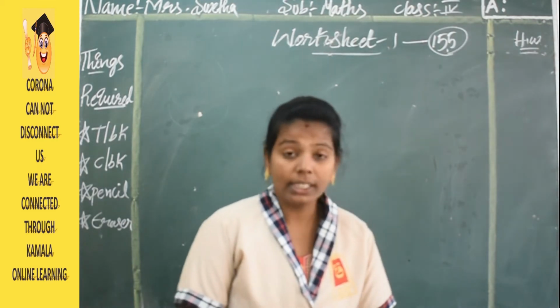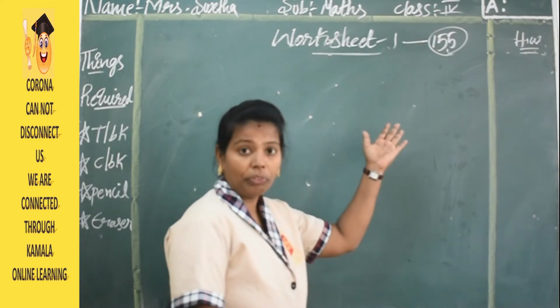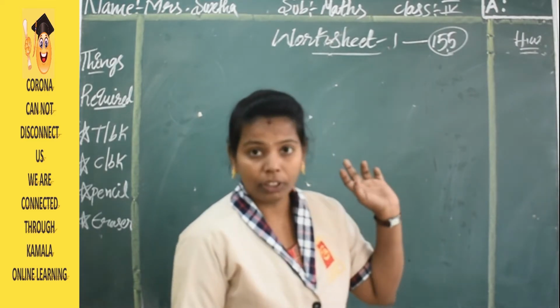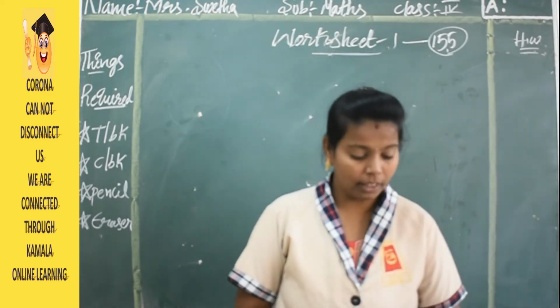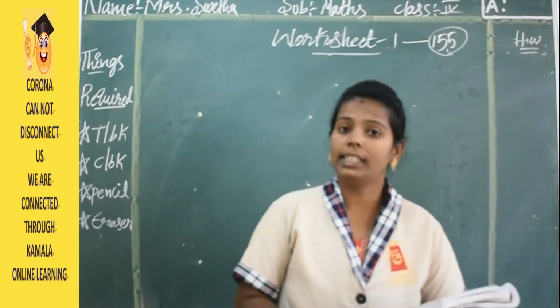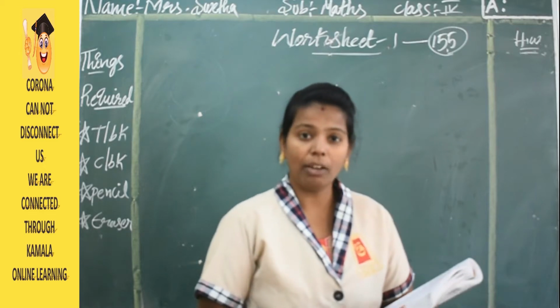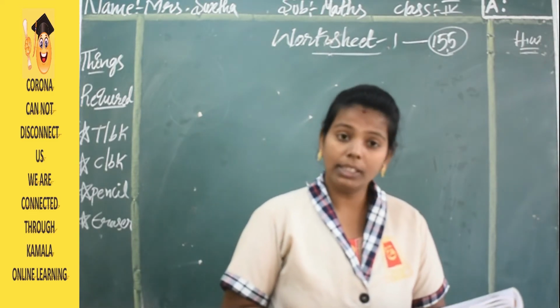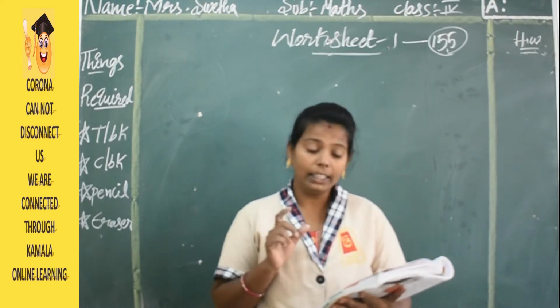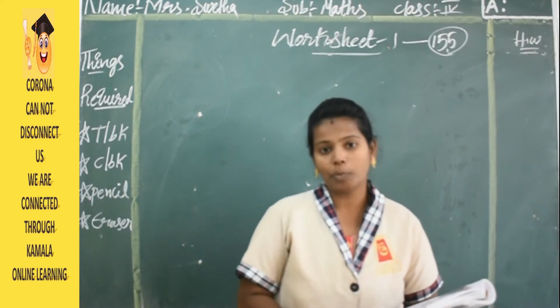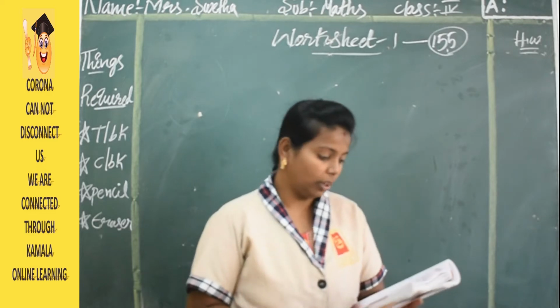Okay, so this worksheet is on page 155. Get ready with your page 155, your classwork, pencil and eraser. In the 7th bit, the A problem we have already finished. And the C problem, the same type of problem, I have given as homework now, and the B problem I will explain to you today.